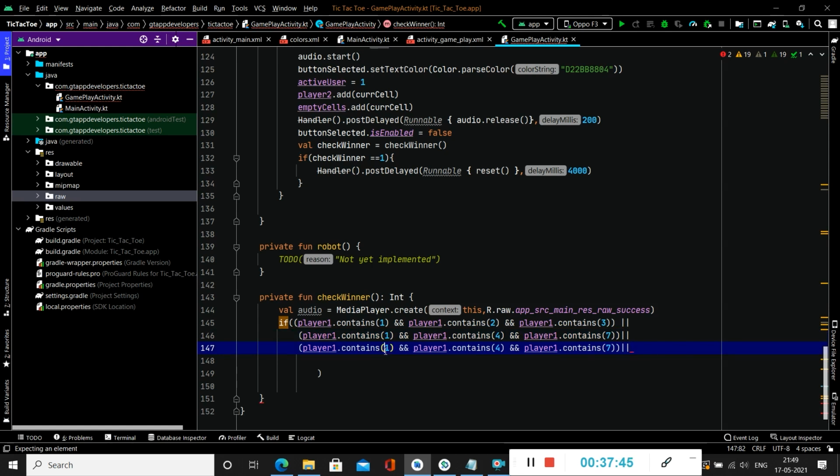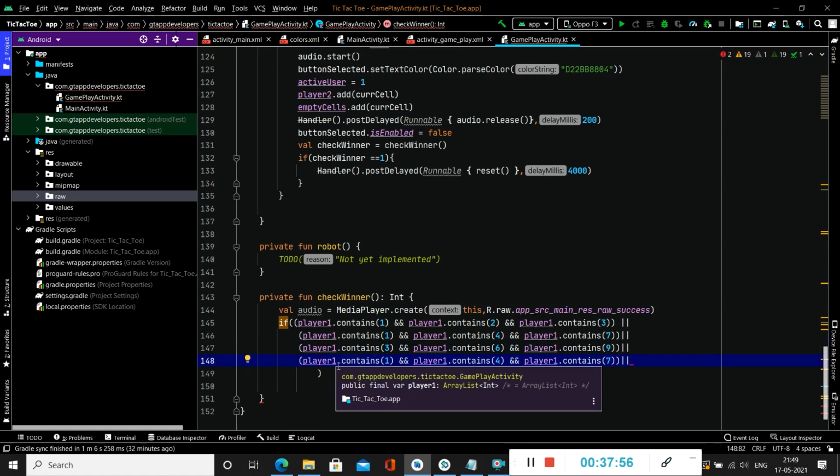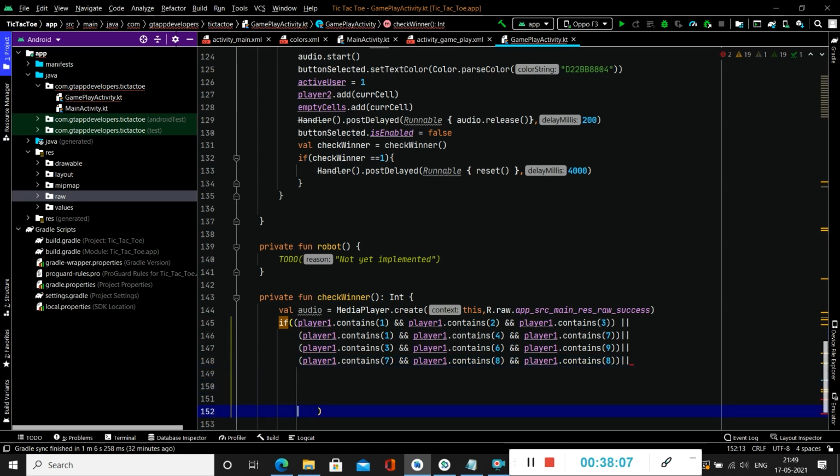So here we will change our pattern as 369. We will again add this code. We will change the pattern as 789. Now we will change the pattern to 456.